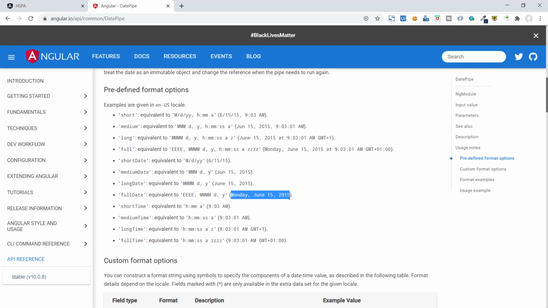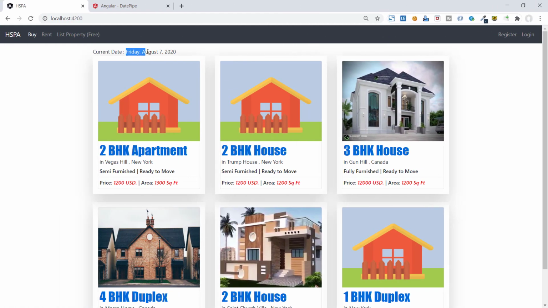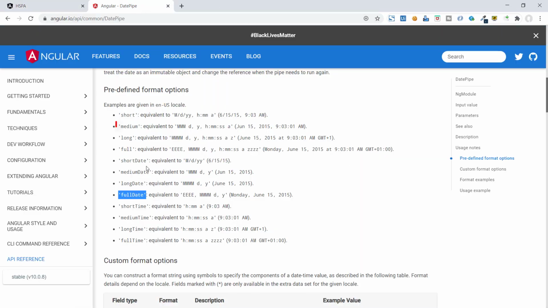So we can pass this full date as a parameter in this pipe after the colon. And now we are getting a weekday as well on this date. We can get time as well if we use the medium date format.